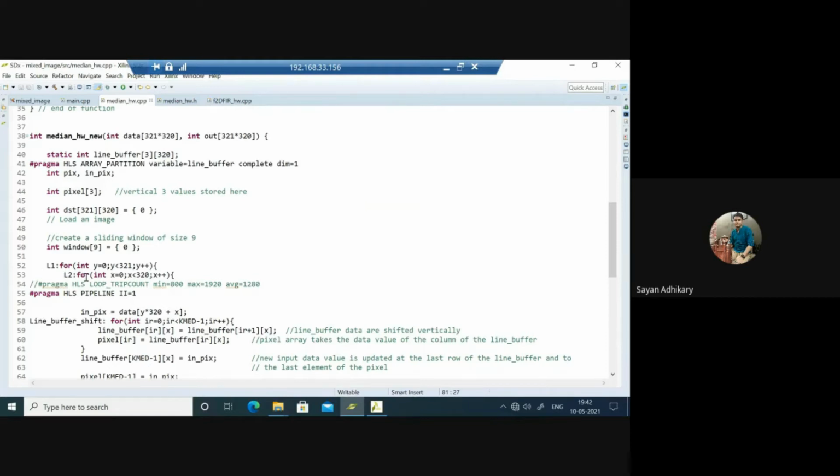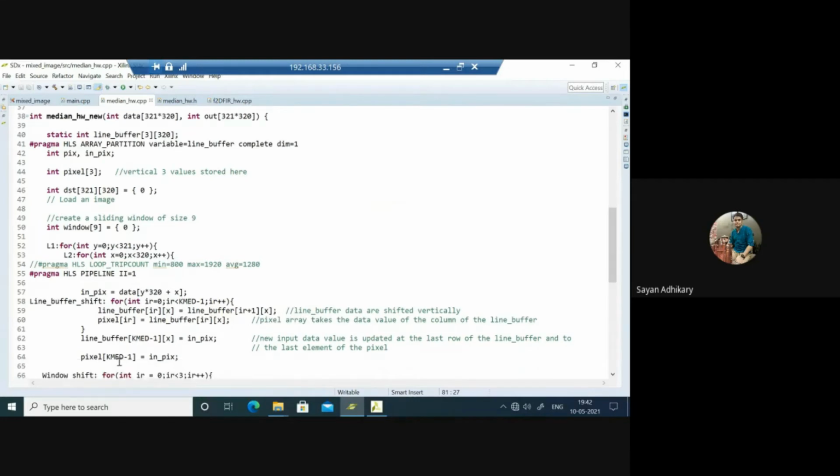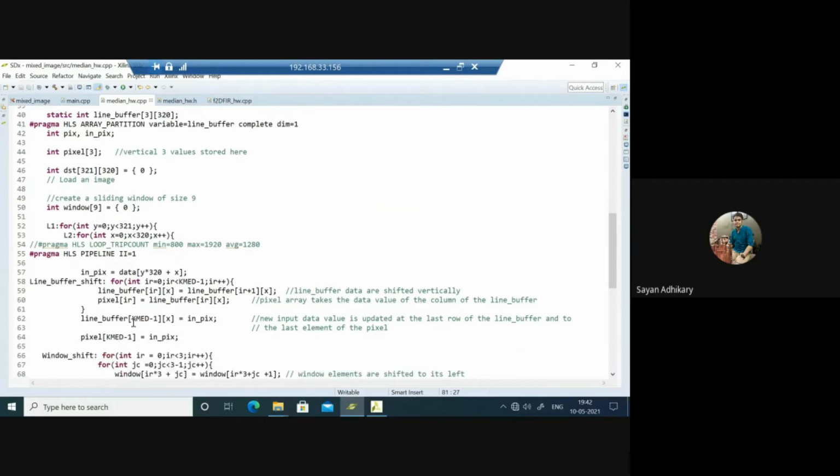Next, this line buffer shift loop is for shifting the line buffer contents vertically upwards, and pixel is also taking the elements of the line buffer. After this iteration is over, the input pixel, which is taken one data element at a time, is updated at the last row of the line buffer, and similarly at the last row of the pixel array.